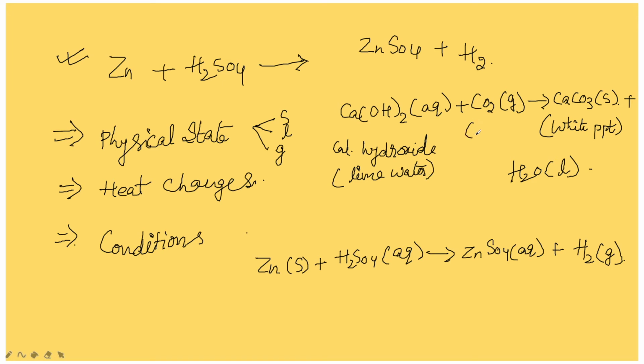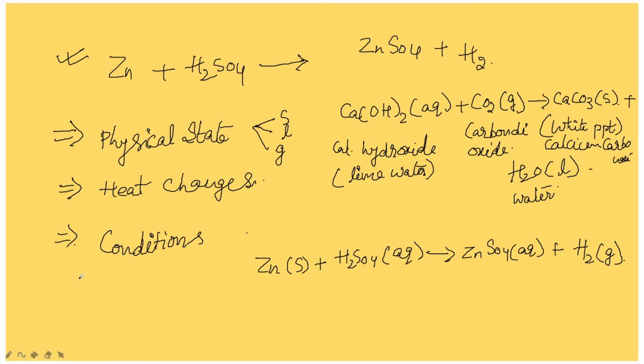Here also it is carbon dioxide. You have to write down all these like this. Understood? So it is calcium carbonate, and then it is water. Like this you have to give complete information for that particular equation. Next, to indicate the heat change in an equation. Here it is the physical state which was shown.